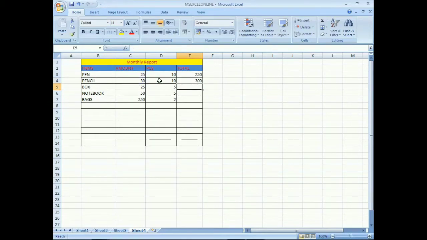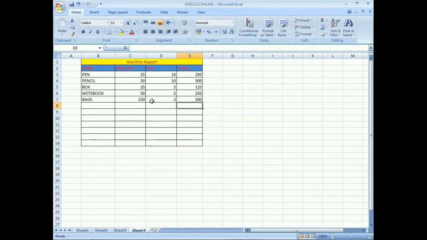Equal amount, multiply pieces, enter. Same process for the notebook, multiply amount, press enter key. And the last is the equal sign, the amount of the bag is 250, multiply, and the bag's pieces, 2 pieces, press enter key.